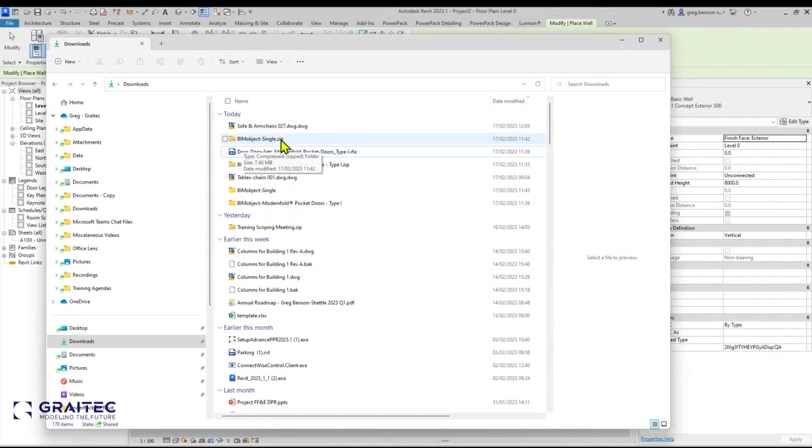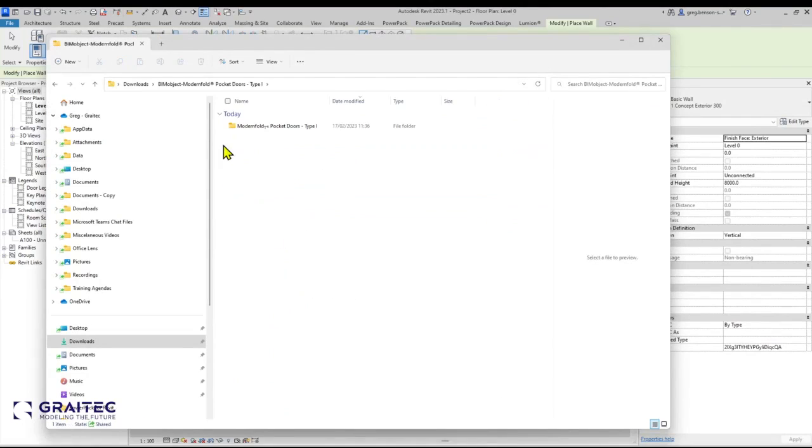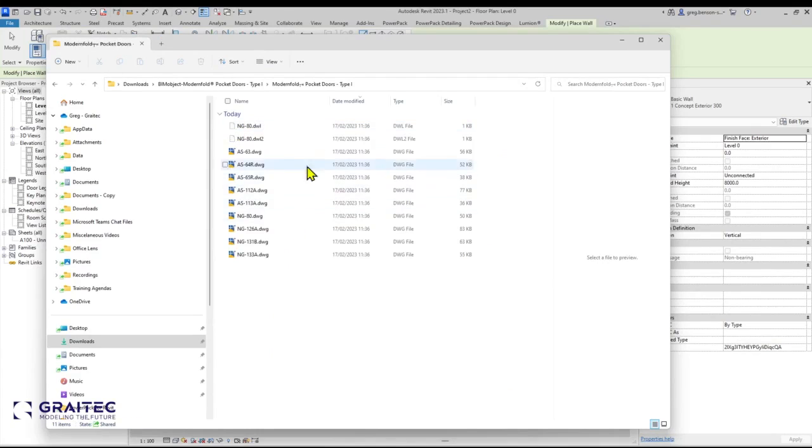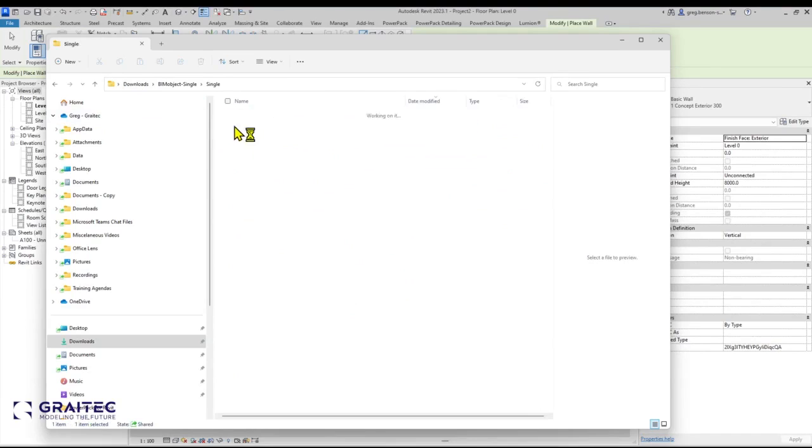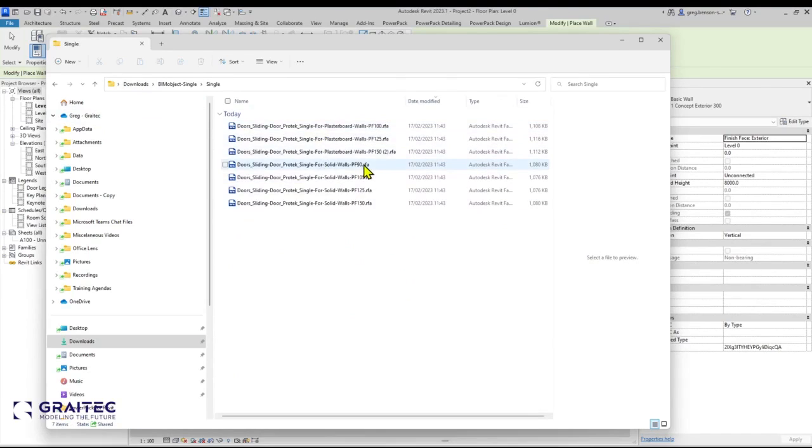I'm going to go into this BIM object symbol one, which I extracted earlier. So look, this BIM object one, these are all the DWGs. But here I've also got some Revit files. These are family files for those people that are not familiar with Revit. This is like a block in AutoCAD, but it's called a family. And I will simply drag one of these in